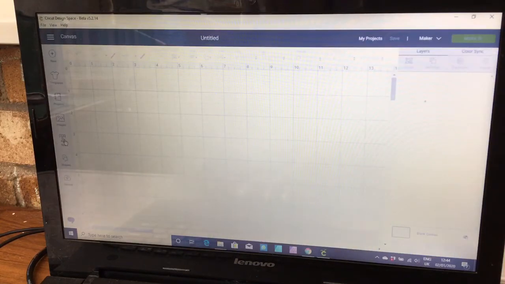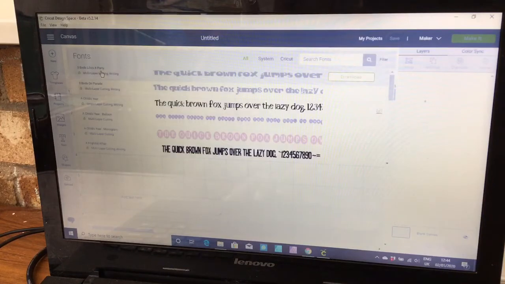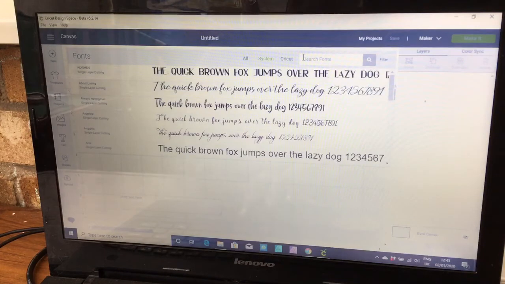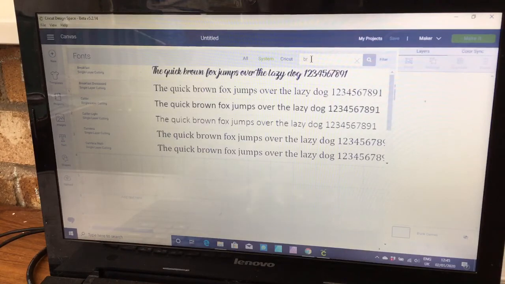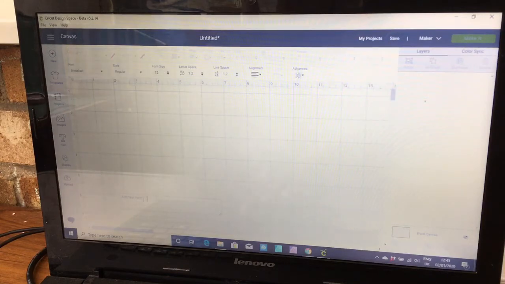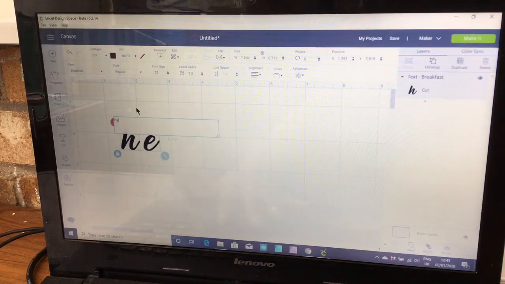Okay, we'll go to text, and then where it says font, you want to click on system, and then if you know the name of the font that you just downloaded, just type it in. Mine was called Breakfast. As you can see, there's the breakfast one and the distressed one. Click on that. Let's just go down a minute. You can obviously move and then type in your word,